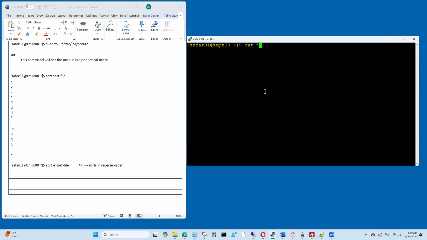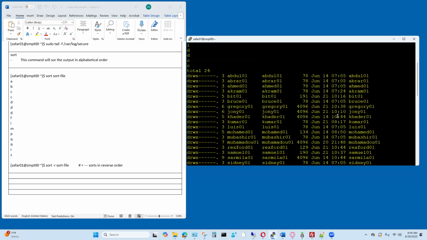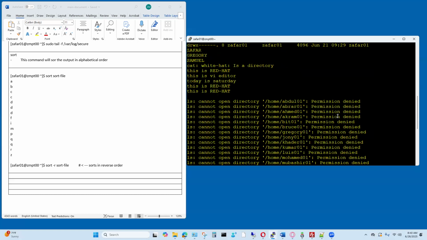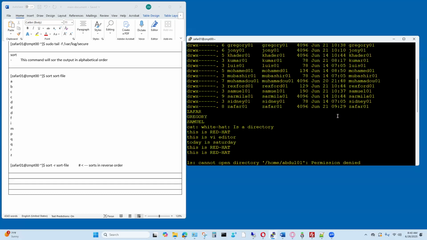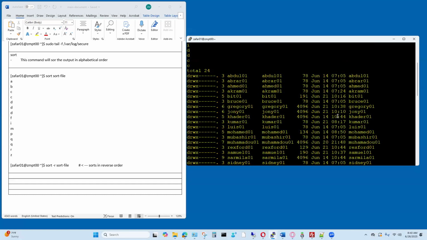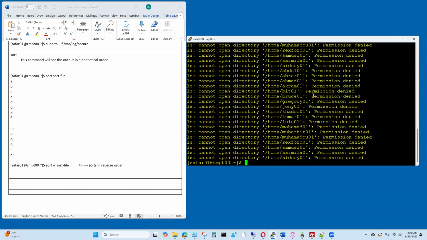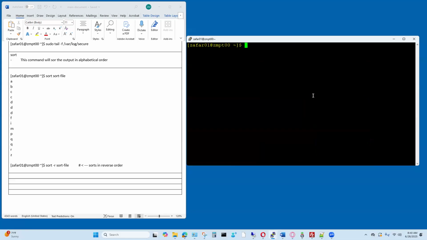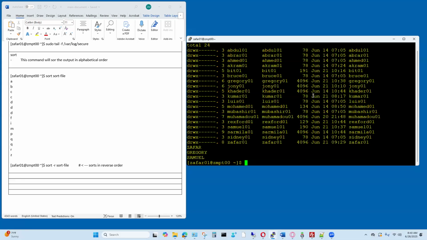Get all the files. Okay, so I have this file here, right? What I want to do is display,